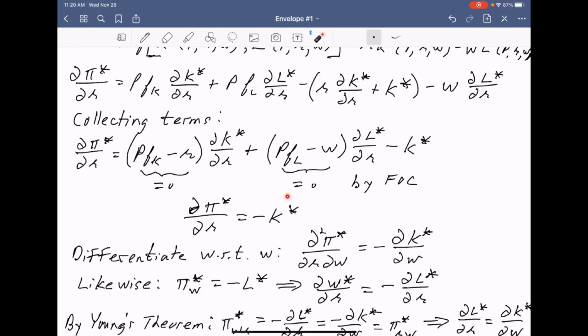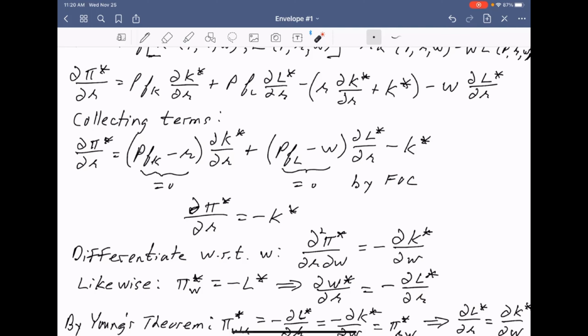Now, if we differentiate this expression with respect to the wage rate, we get minus the partial of the derived demand for capital with respect to the wage rate. Same thing here, if we take the partial with respect to R, we get minus the partial of the derived demand for labor with respect to